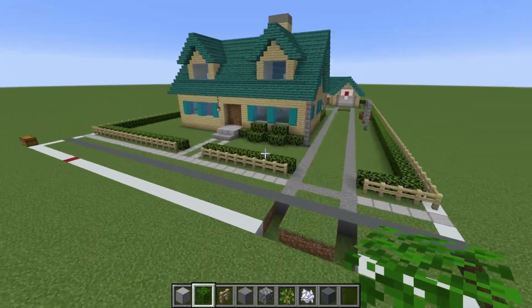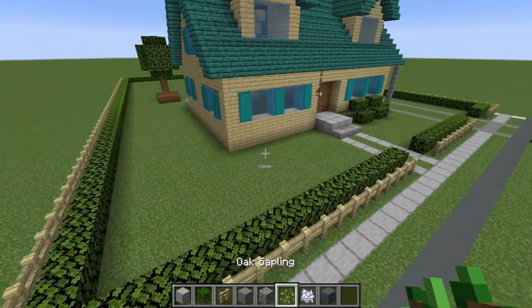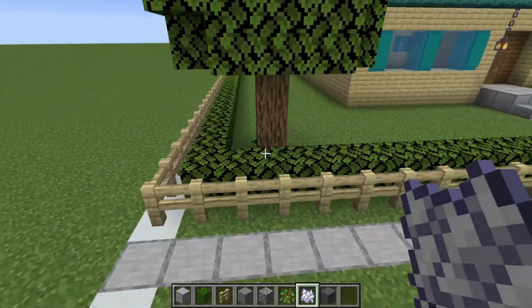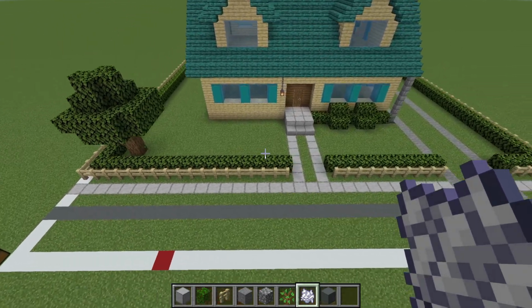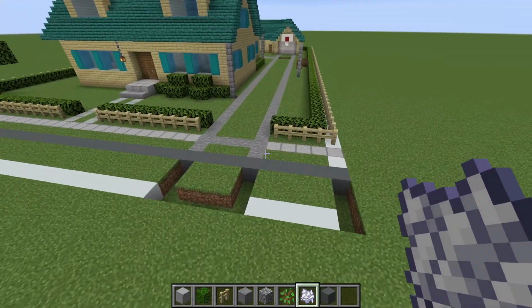I mean, I know that it might not look great now, but once we've filled all of these rows in, we also want to add an oak sapling in the front corner of the garden, so that's in the front left-hand corner. And now, with all of these markings done, ladies and gentlemen,